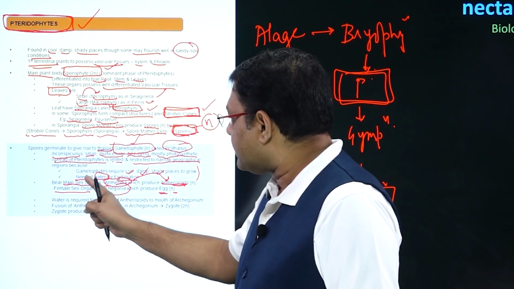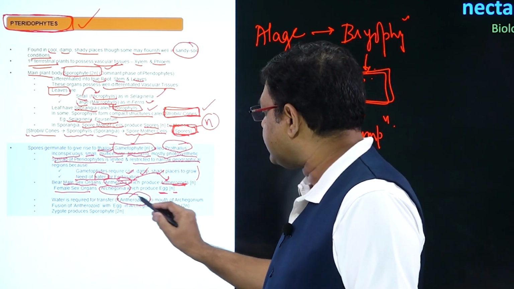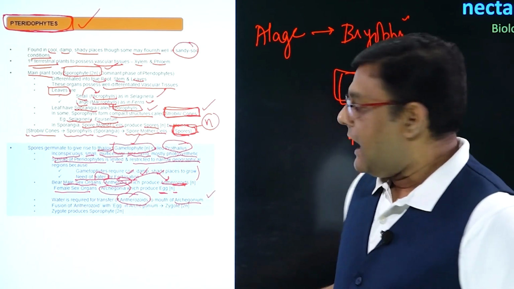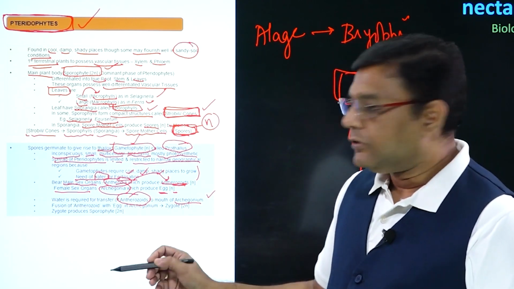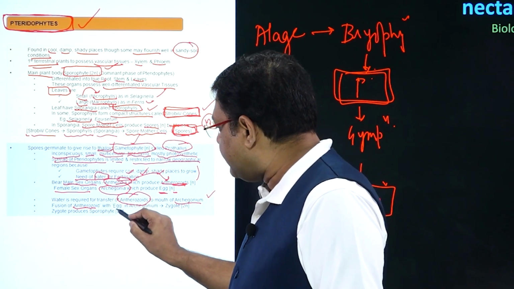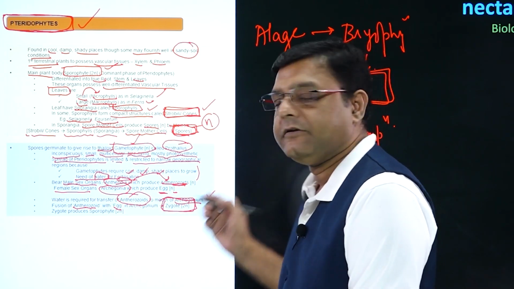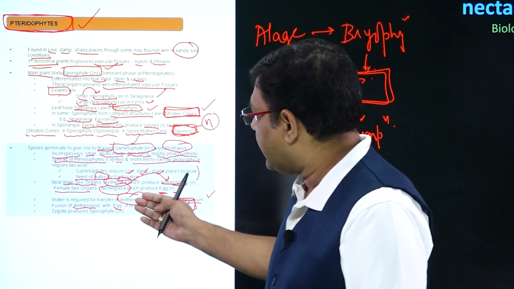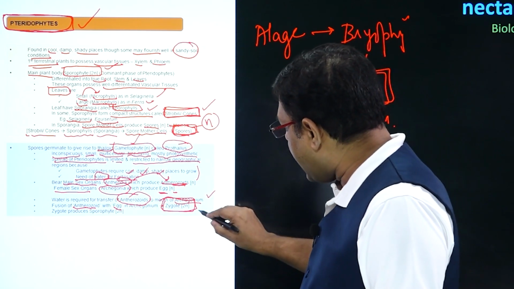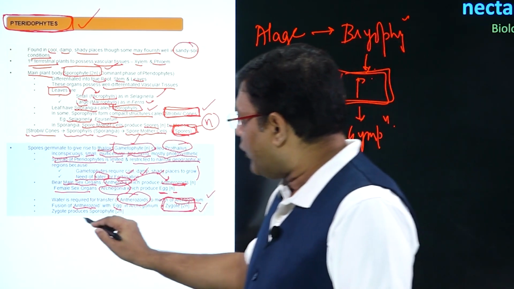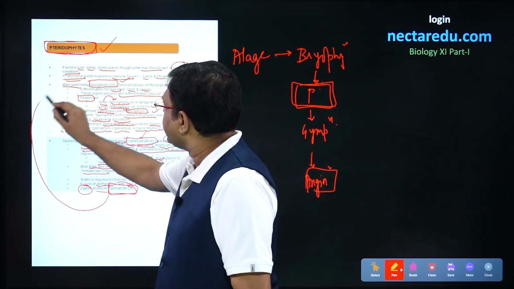As we talked about the need of water for fertilization, in water, these antherozoids will reach the mouth of the archegonium. Archegonium is the female sex organ. Now, this archegonium will have the egg. So, now the haploid antherozoid will fuse with the haploid egg and it will result in the formation of a diploid zygote. So, we can say that here again the condition has converted from the haploid gametophytic phase to the diploid zygote. Now this zygote will produce the diploid sporophyte, and again we come to this phase.